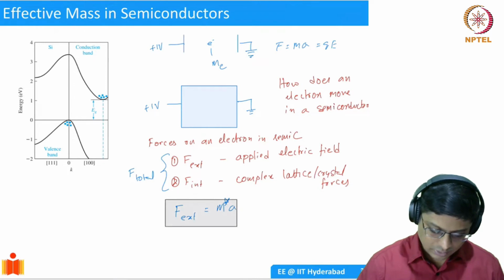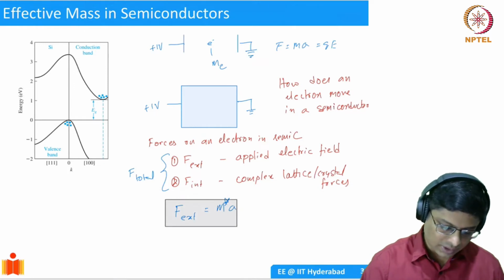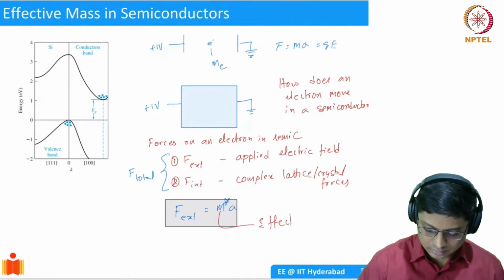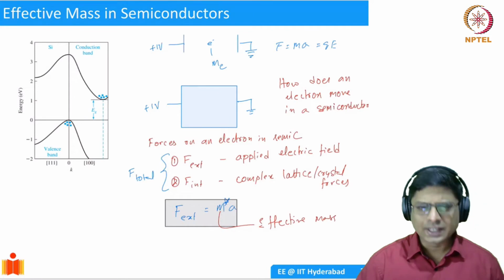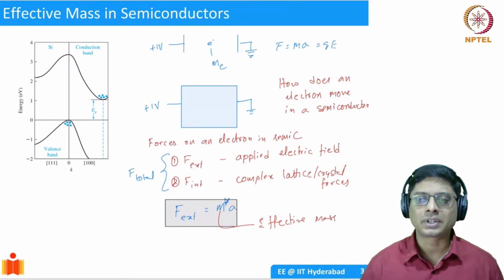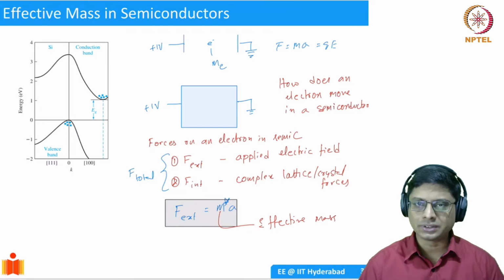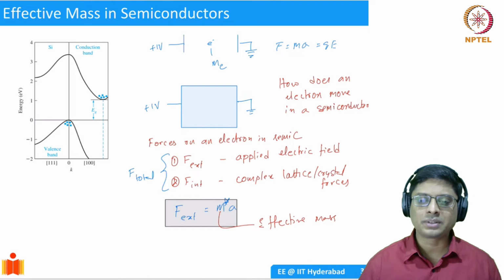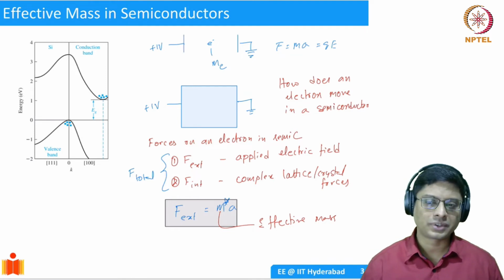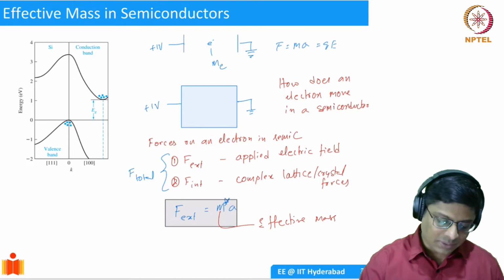Okay. So what does it do? This m star is essentially capturing whatever is the effect of the crystal or lattice. All the forces and everything it will capture, and then eventually it will simply give you one number, which is going to be the proportionality between external force and the acceleration of the electron. Okay. So m star is capturing